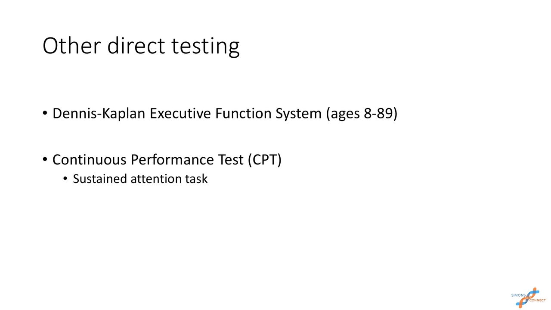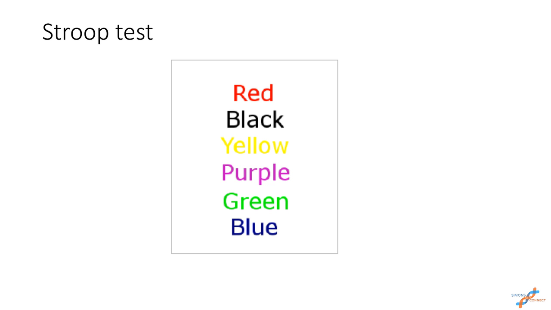I think another classic example that we can think about with executive functioning is what we call the Stroop test. And it's kind of fun, which is why I put it up here, but the Stroop test involves looking at pictures of words that are colored in different colors. And in this version, you probably would find it pretty easy, because what I would ask you to do is to tell me what color the word is written in. So for this one, they match, so it's pretty easy.